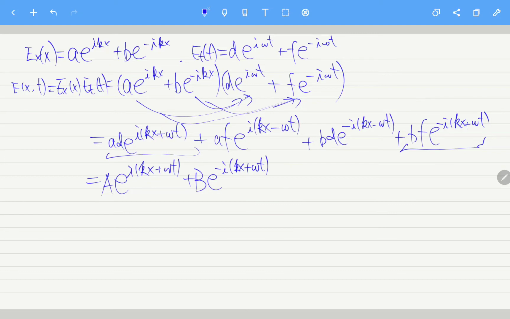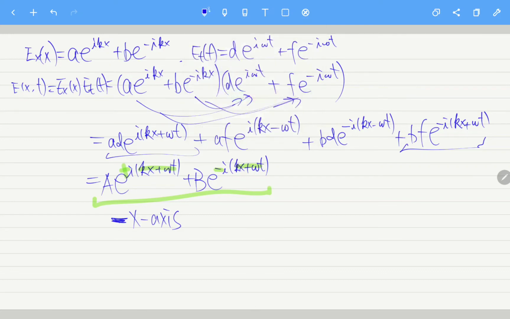So we try to keep here is kx plus omega t. This is also kx plus omega t, although this is plus, this is minus. And these 2 terms refer to when the EM wave is propagating through the negative x-axis,